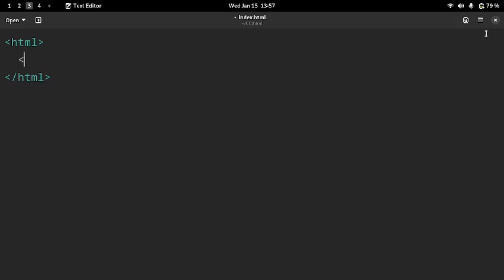I think tab is set to 2 spaces here, so it's fine. Then we write head and body. These are the two main tags that need to be there in every HTML page. Now whatever is written in the head tag is technically not shown on the actual website